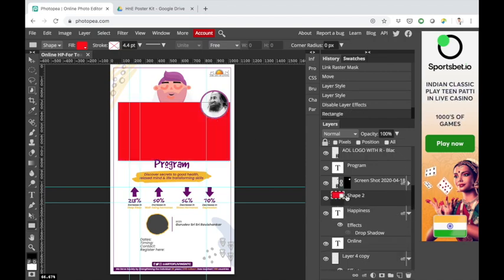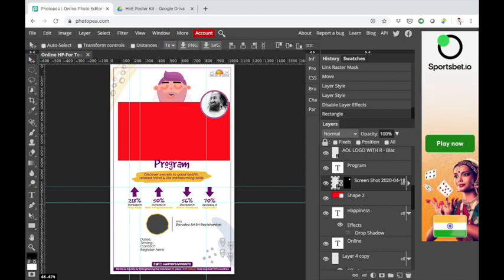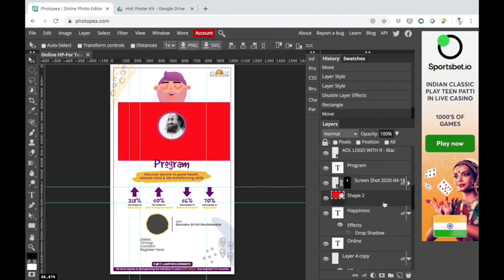You can see the shape is now above the meditator but below Gurudev's image, which is why Gurudev's image is visible. I'm clicking on the move tool and then moving Gurudev's image. I'm changing this shape.